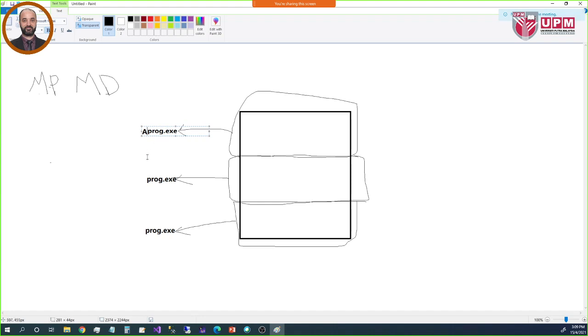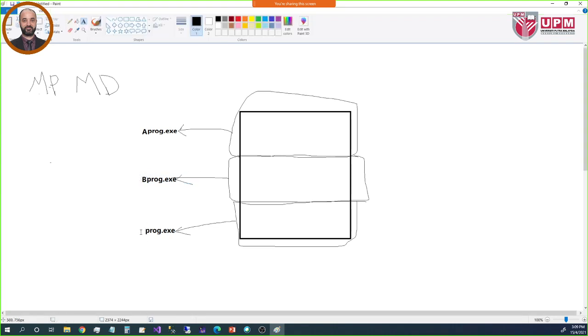Then this one is B program, and this one is C program. So each program here has different code, different commands, different functionality. Maybe those programs are designed to be run on different data like this,